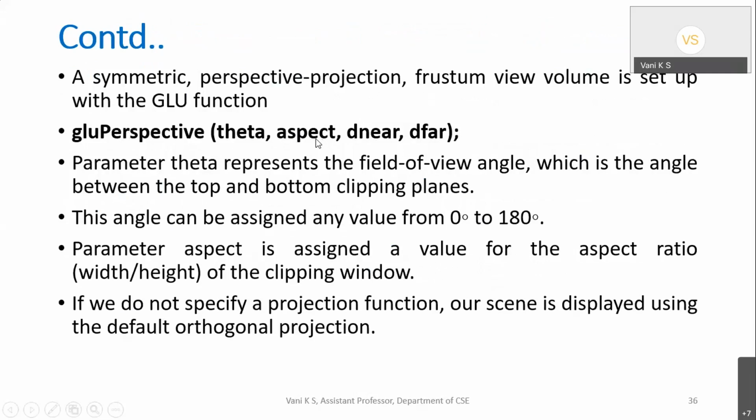What does the aspect ratio mean? Whatever the original length to height ratio of an object is, it should be the same on the display device, the output device, also. For example, length to height of 3 to 6, that is a ratio of 1 to 2. When it is compressed, that same ratio has to be maintained on the screen also. So when I transform it onto the 2D view plane, the same ratio has to be maintained. That is the aspect ratio.